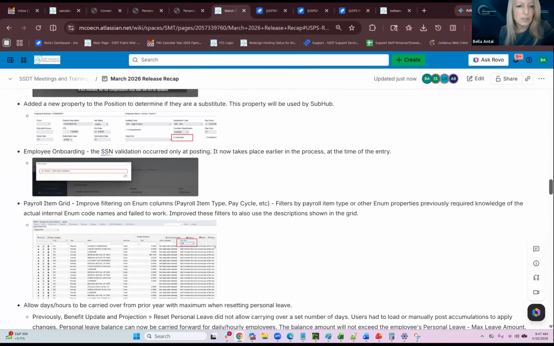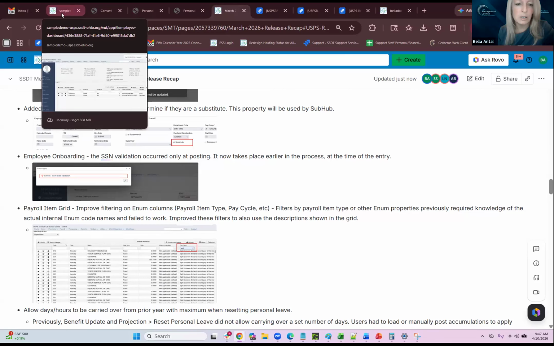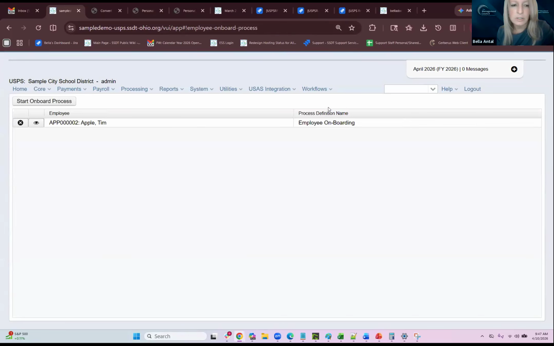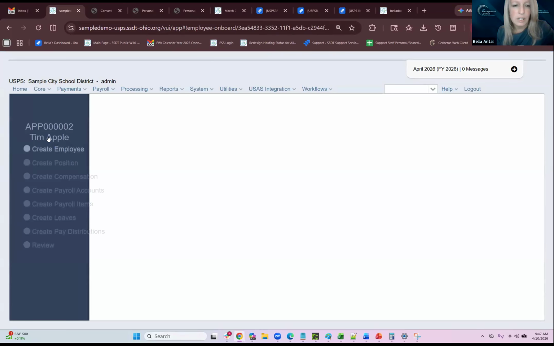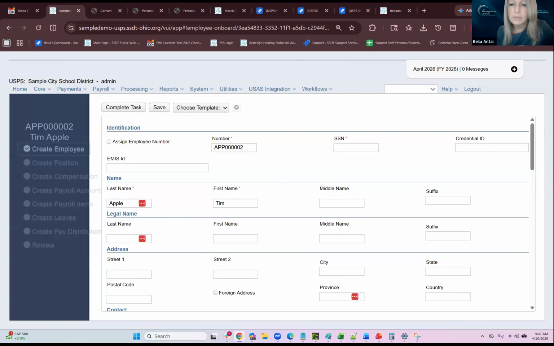Okay, the next one is another very useful enhancement, I believe. This was for the employee onboarding. So if you had an employee record entered, if you started the onboarding process and creating an employee, the system lets you fill in all these fields, and then when you were ready to save and post,